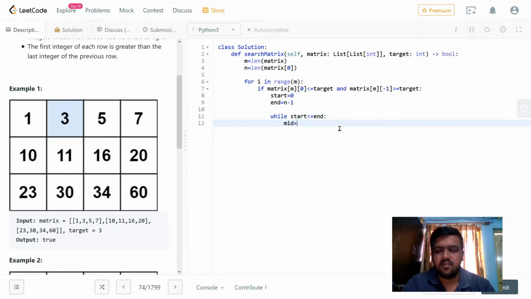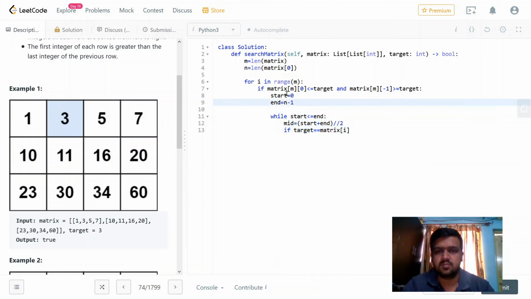Then I will have a mid value. Mid will divide the array into half and search if the element lies on either side or not. So start plus end by 2, and I'll check if target is equal to matrix of